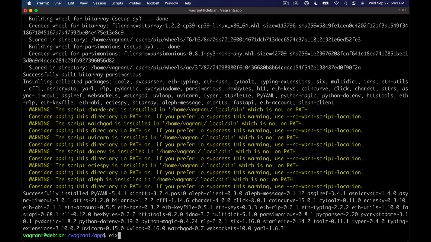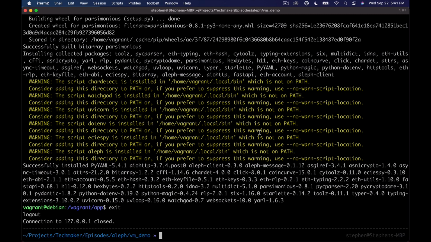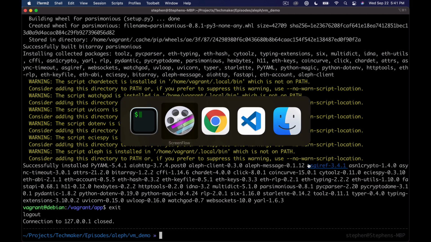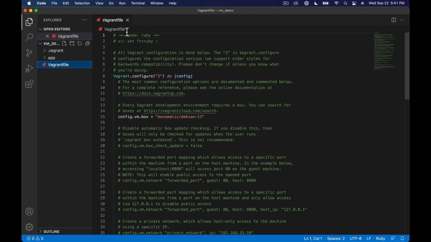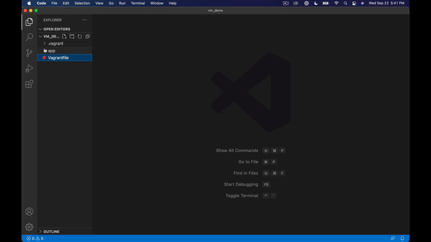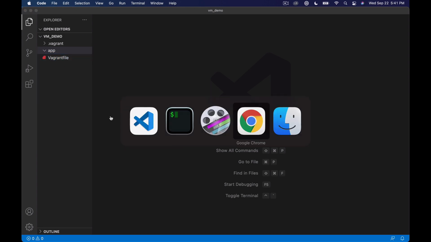But I'm going to go ahead and exit from the VM. And do we have the code still open? I may not have needed to do that. Yeah, so you can see here in our code that we now have this app directory. So back over in the tutorial,